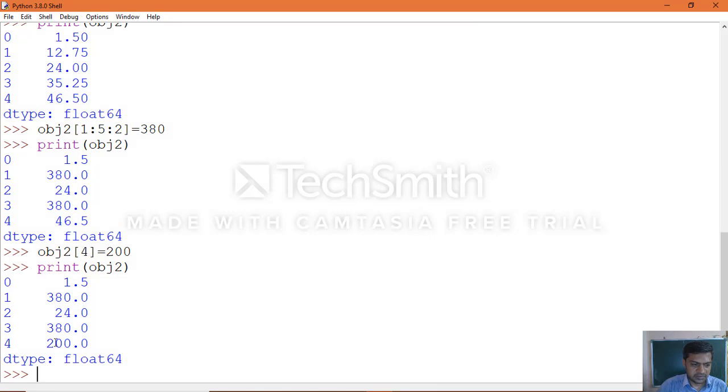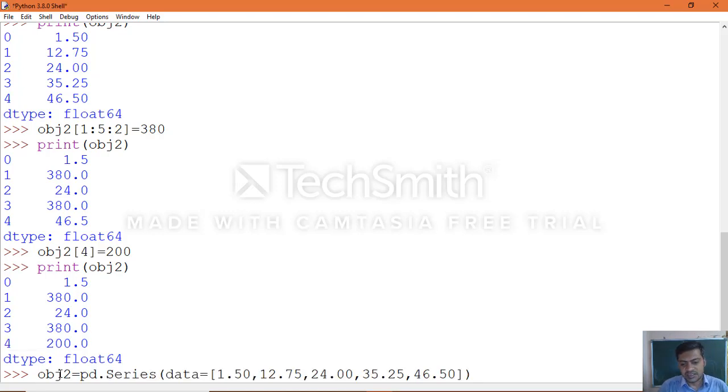Let's see. Yes, it updates by using the index number. In the same way you can apply different slices to make changes to your existing series object data. In the same manner you can work with updating and modifying the existing series object data values.